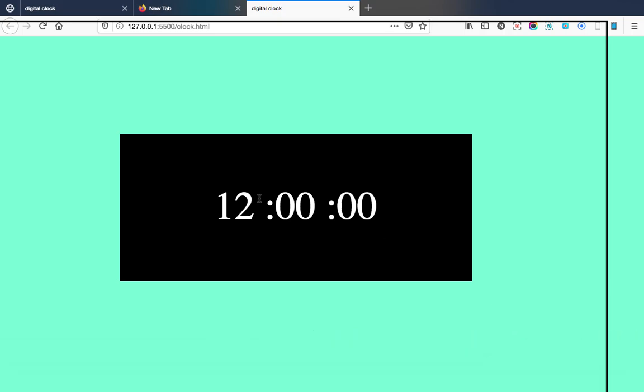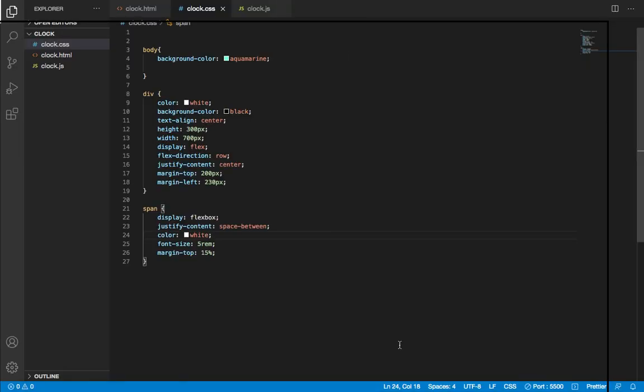So yeah, let's give the hour, minute, and then the seconds some beautiful looking colors to differentiate them. We can say dot hour because we have the class of hour for that, and we can just set color. Let's set that color to red. Then we add minute there. Set minutes